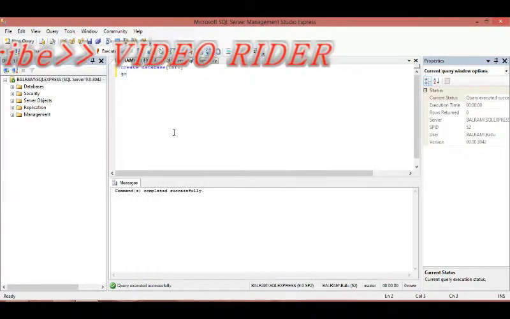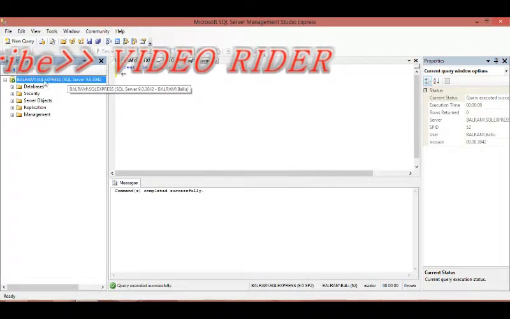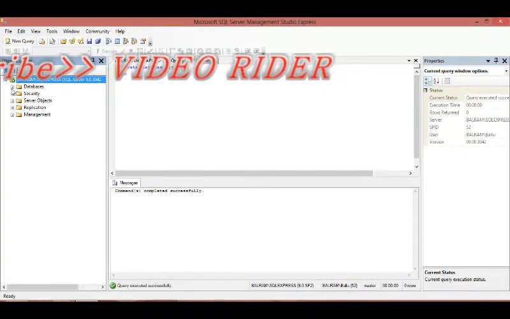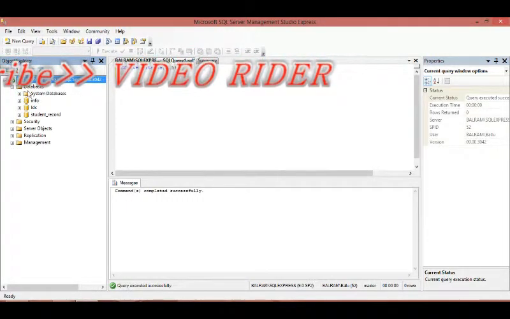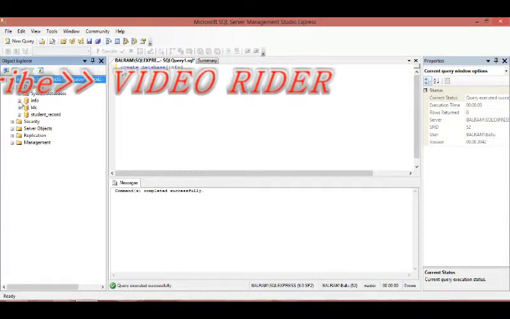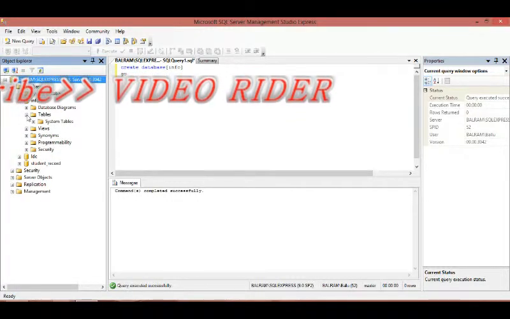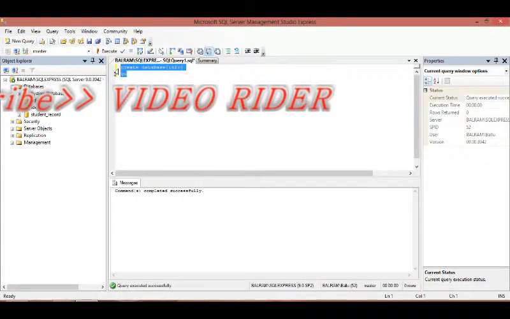So it means your database is created, that name is info, and if you want to see it, then click on this icon and click the refresh button one or more times, and then expand Databases, and here you can see the new database named info is created, and there is no table in the database info. So how do you create a table in the database info?